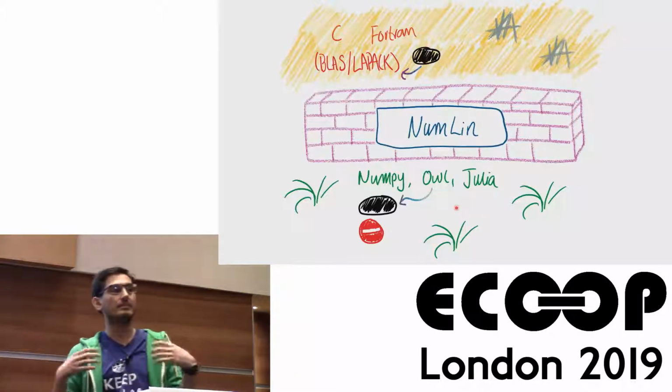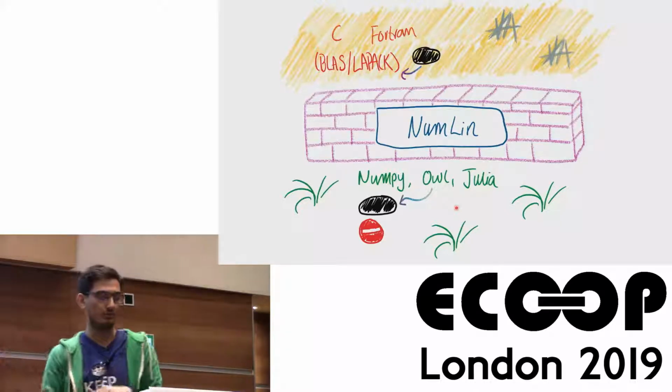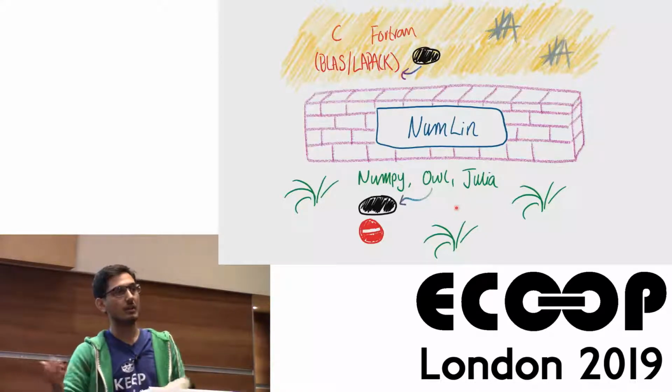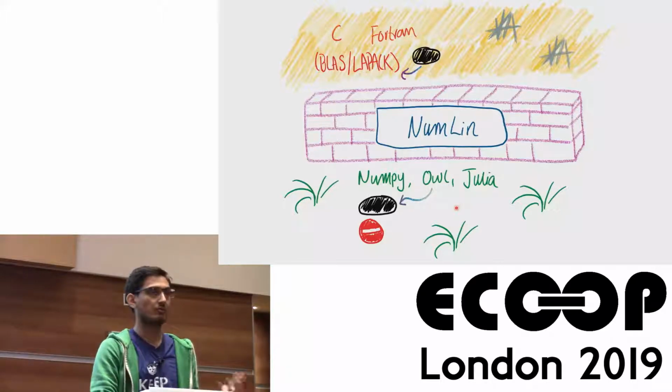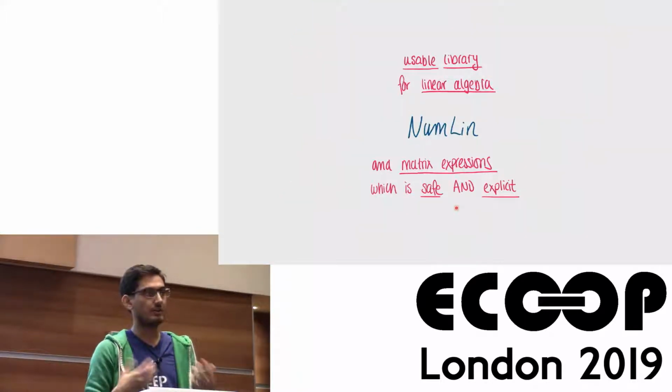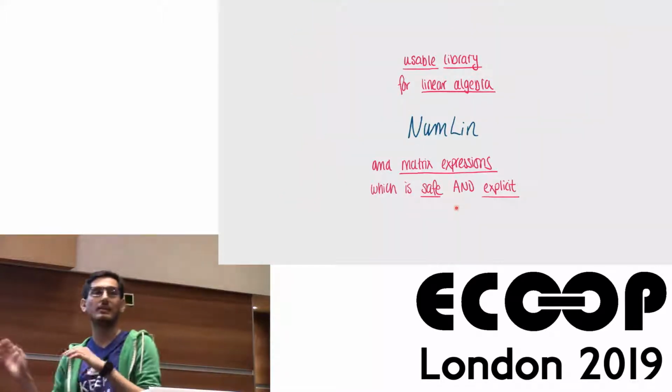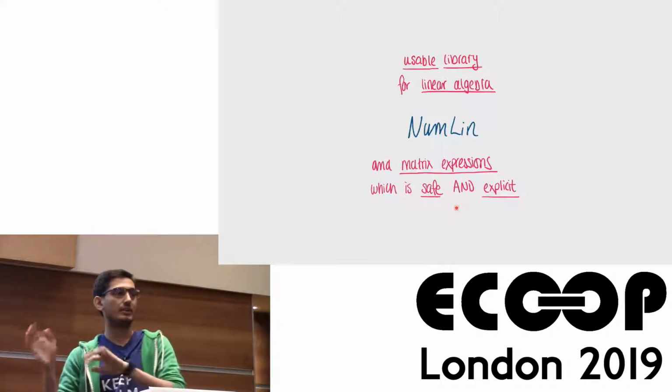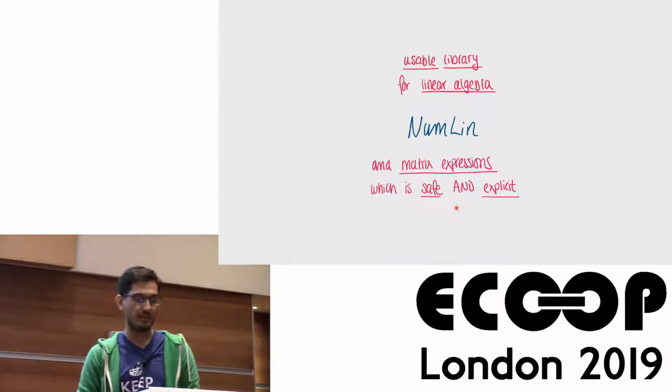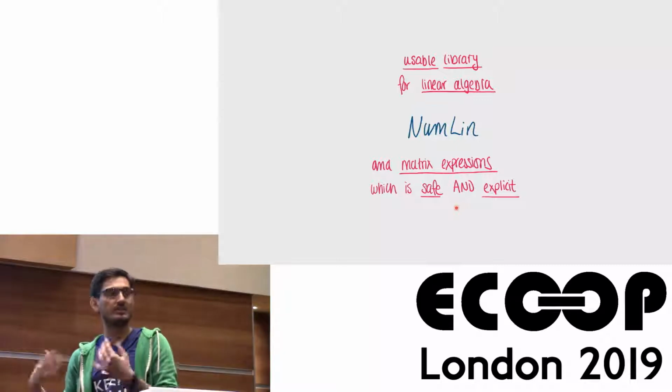NumLin is my idea for sitting between the two worlds. You can get the control you want, but also the safety guarantees, and the way we do this is using linear types. This is a usable library, meaning as a DSL, you can download it right now. You don't need to modify the compiler. Linear algebra, this is stuff like